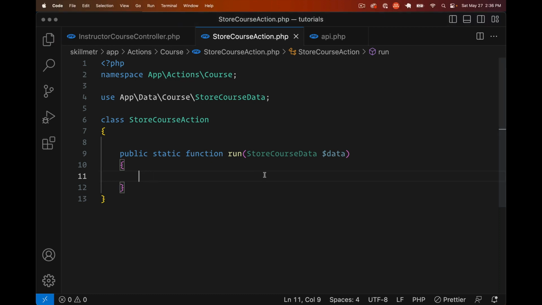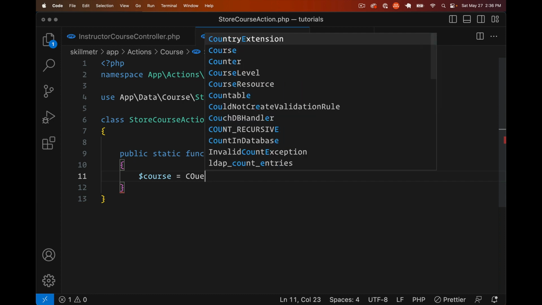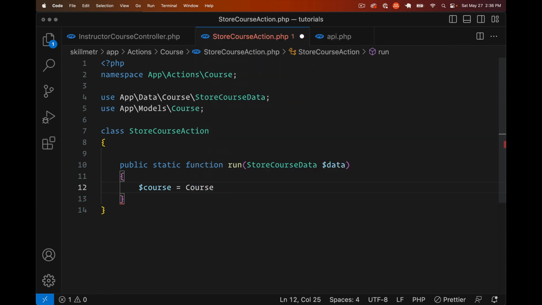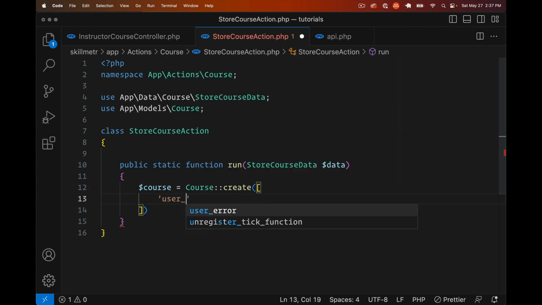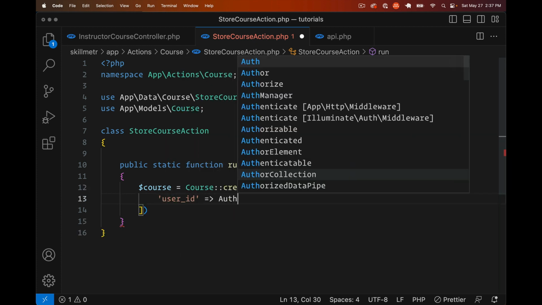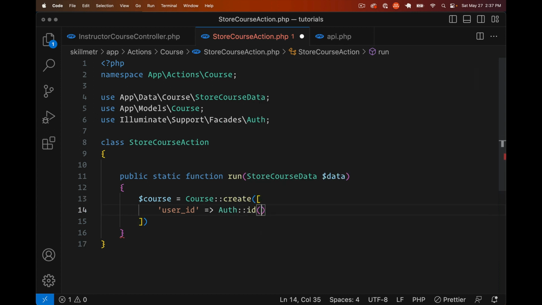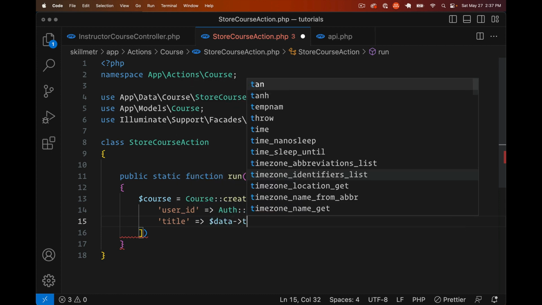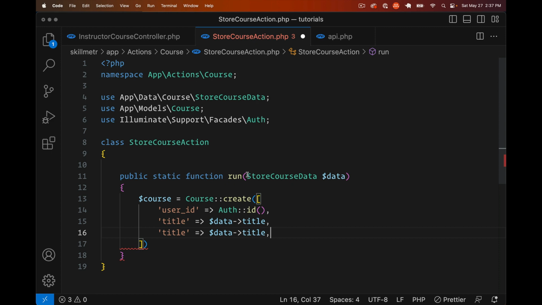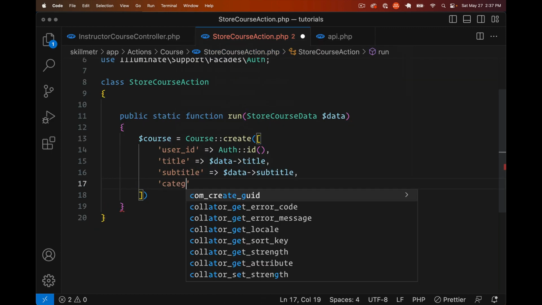So how do we create a course? It's easy. We just do course equals course create. The user ID is the currently authenticated user, which we can access by just doing auth ID. The title is, of course, the title from the data. The subtitle is the subtitle from the data. The category ID